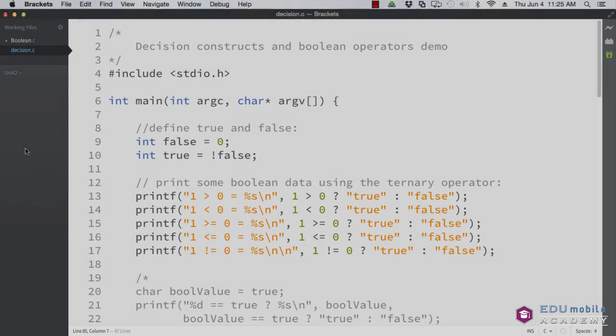A Boolean is a true or false value, and in C we do not have a Boolean type, nor do we have the symbols true and false, but we can define them. Here I've chosen to define them as integers. False equals 0, true is equal to not false. So I'm already assuming that we have a Boolean kind of thing, which we do,